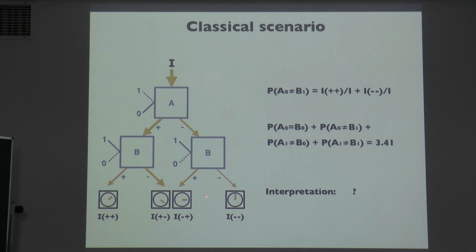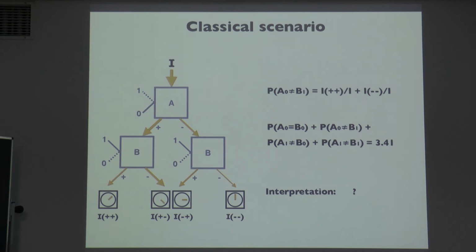of this light field. And then if we, naively, but in a sense it's legitimate, evaluate probabilities using the following formula, that the probability of this event is the intensity measured at this detector divided by the total input intensity, then we will find that the sum over all these probabilities, if we consider this experiment on all possible settings, will give exactly the same quantum value. So this is not surprising,